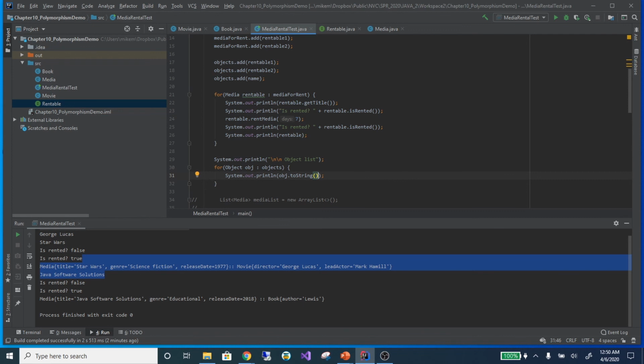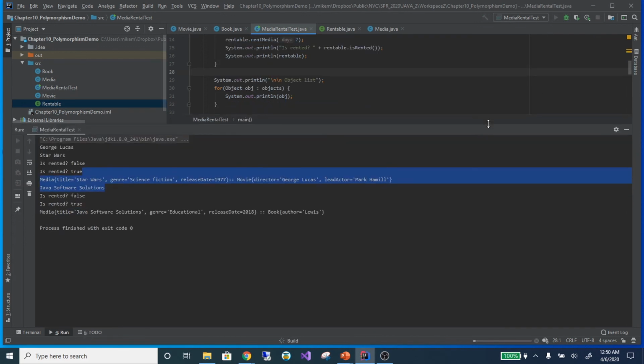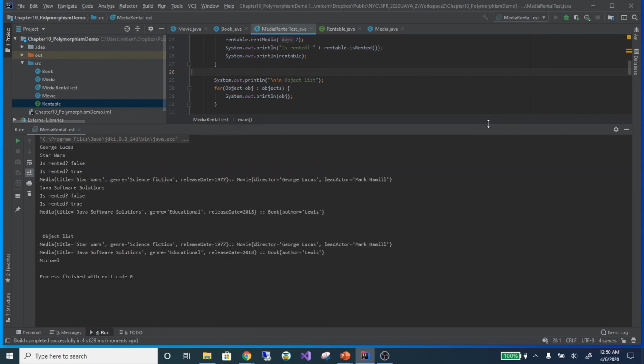I don't necessarily have to invoke toString because it's automatically invoked whenever I pass the object to the console. So I can get rid of this and it's still going to invoke. But when I run this, you'll see that I have a book, a movie, and a normal string inside of